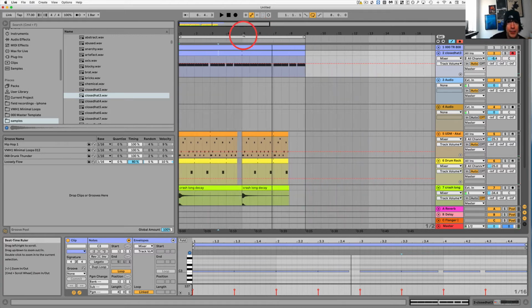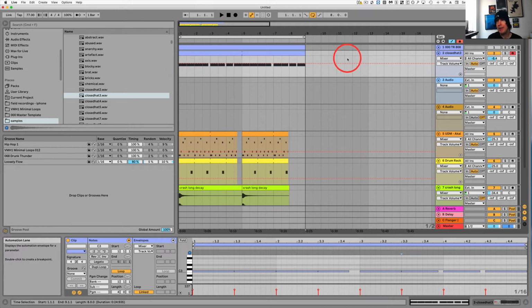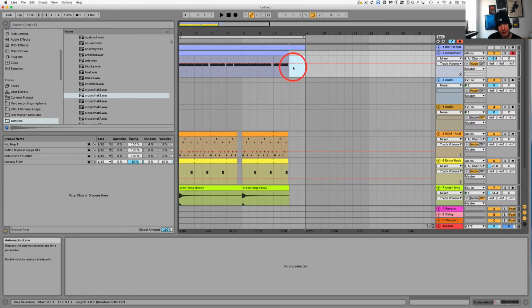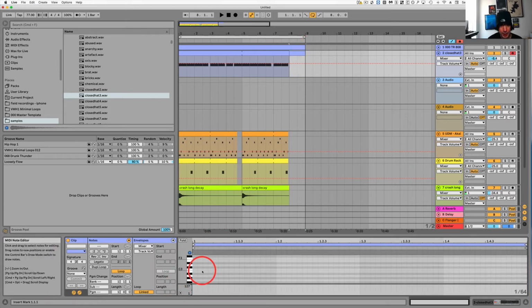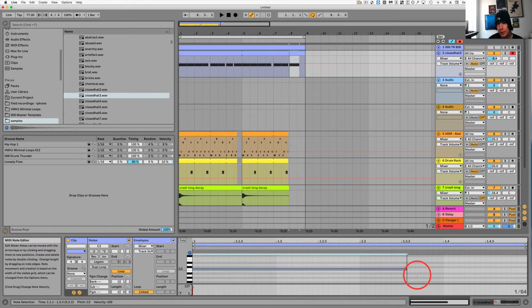So that is the basics of exponential rhythms, and you can create all kinds of really interesting things. If you want, you could just make little 1 bar or 2 bar things. If you want to create, for example, let's just make this here, we'll make a new MIDI clip here, right? So we'll just drag this across,